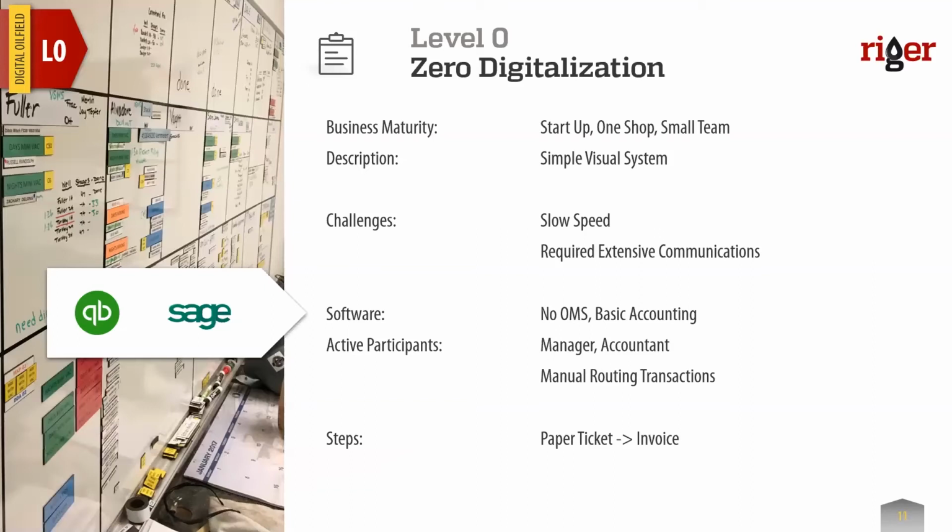First of all, they would like to have a system to track all the resources, which could be team, manpower, or equipment, and all the projects and all the jobs. So it's a very simple and very visual system. Usually, there is no other